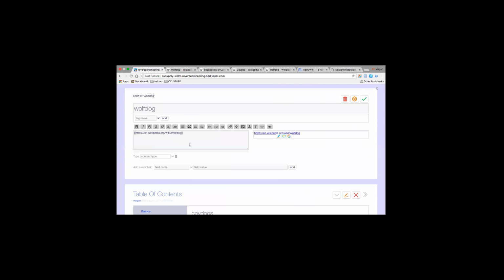So this takes two parameters, double square brackets. After the first set of brackets, put a word, whatever, wolf dog is fine. And then the vertical bar. Horizontal's this way, vertical's this way, the vertical bar. You lost a bracket, so I'm going to put another one. You need two squares, the word, a vertical bar, and a link, and close it with two squares.